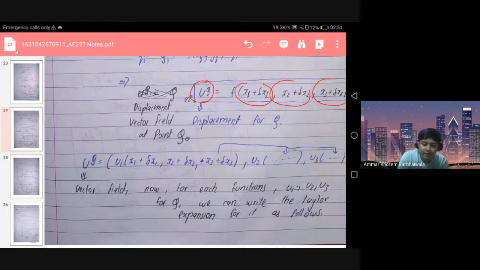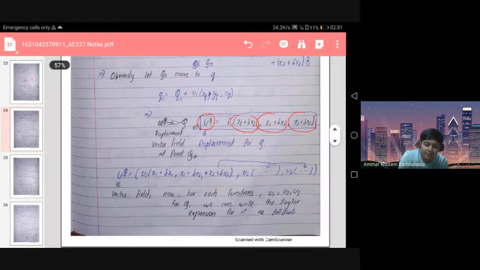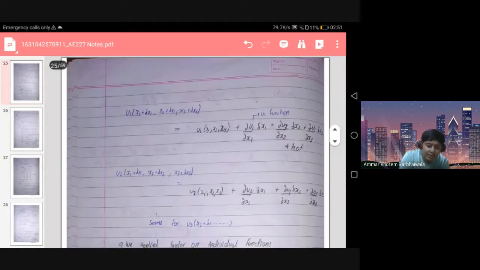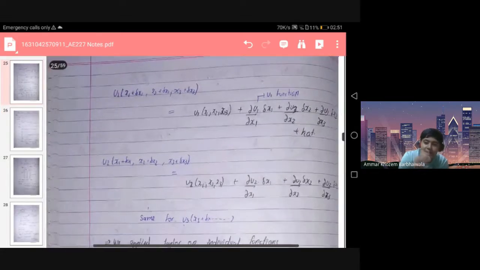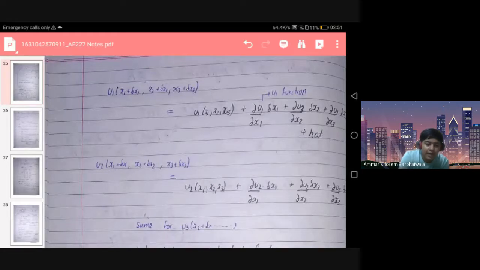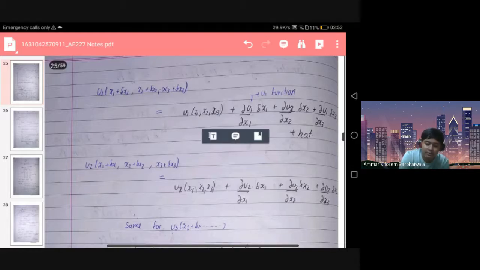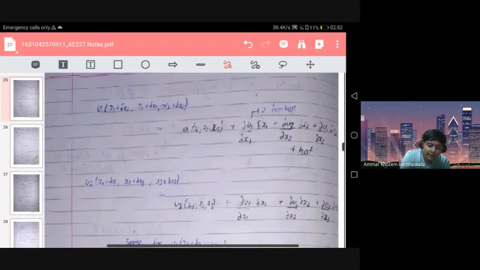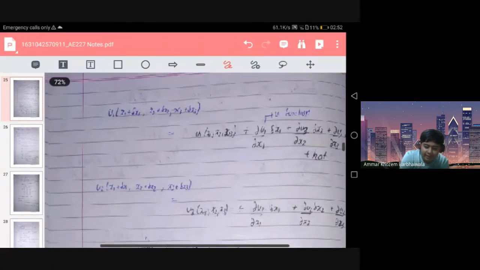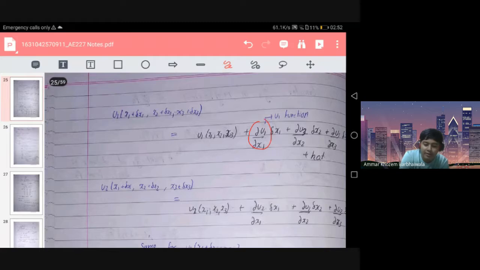So for each of the functions u1, u2, and u3, we can basically write the Taylor series expansion to find its value, since u1, u2, and u3 are scalar functions, right? So I can write the ith component of vector field u as u of x1, x2, and x3, the u at x1, x2, and x3. And I can write the Taylor series expansion: I can take the derivative del u1 upon del x1 times delta x1, plus del u1 upon del x2 times delta x2, plus del u1 upon del x3 times delta x3. And the same thing I can write for